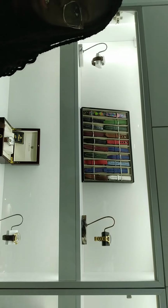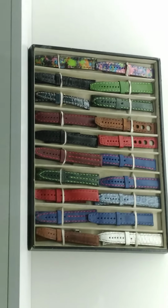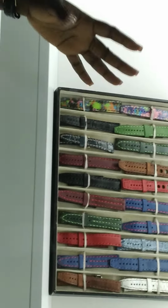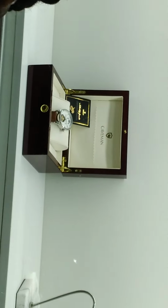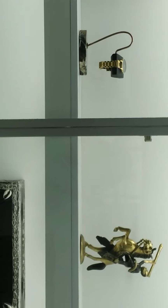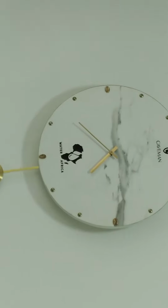Because we make the watches ourselves, we have a whole range of custom products that we could make. And with leathers also, we have a range of leathers that we could make. It doesn't necessarily even need to be for our watches. We're able to repair other brands' watches and then make new straps for old watches also. Wow. We partnered with Macintosh Africa, who deals with taking plastics from the streets and then recycling it and repurposing it to make